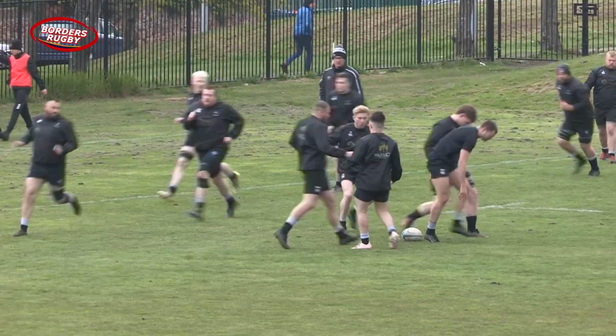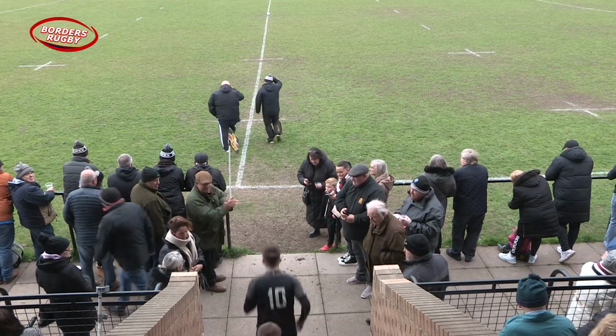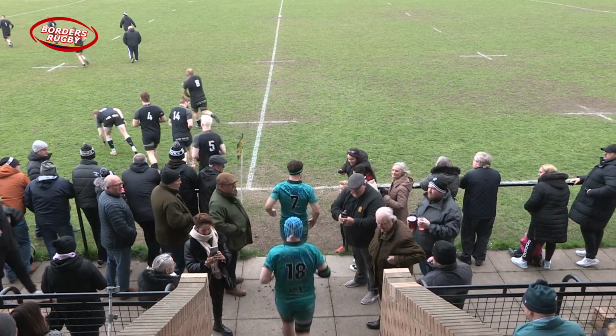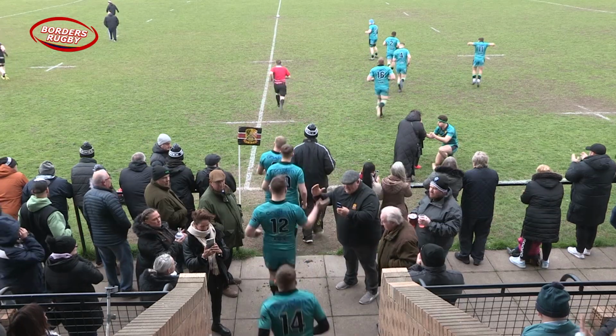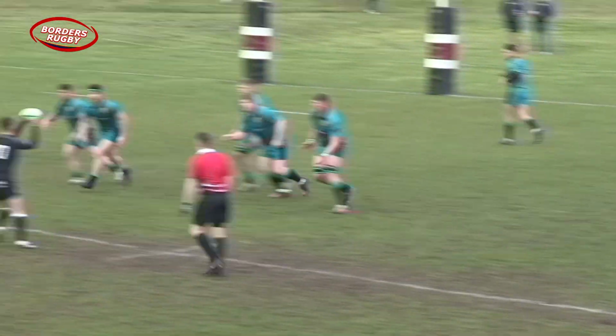For Berwick, they needed a draw or a win to stay up, while Preston Lodge had to win by 7 clear points to avoid the drop. A tremendous atmosphere as the teams ran out, Berwick in their famous all-black strips, and Preston Lodge sporting their teal-coloured changed kit. First blood after 6 minutes went to Berwick, who came out of the traps the fastest, Ryan Wilson